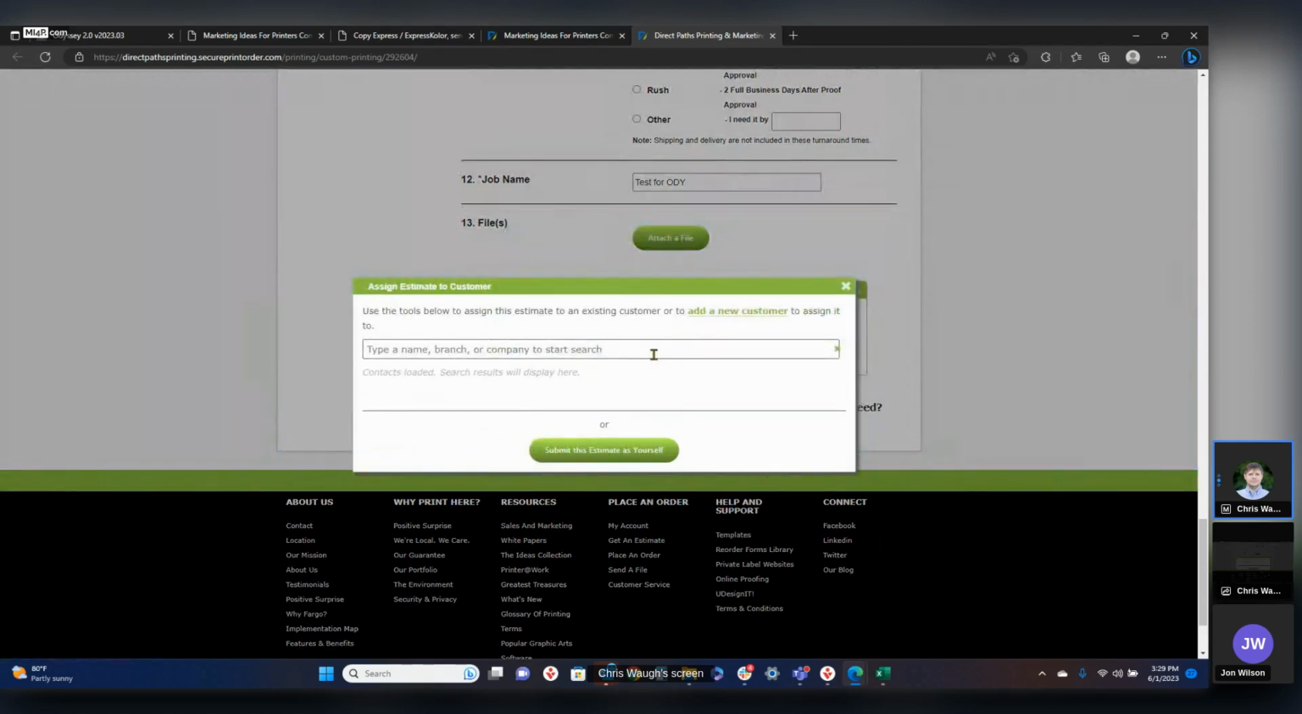Now, what I can do, if I was an employee of Copy Express, is start typing out the customer I'm doing this on behalf of. So the whole thing there is that we can have one that the customers can do, and then one that your team can do on behalf of a customer. So if I start typing in something here,